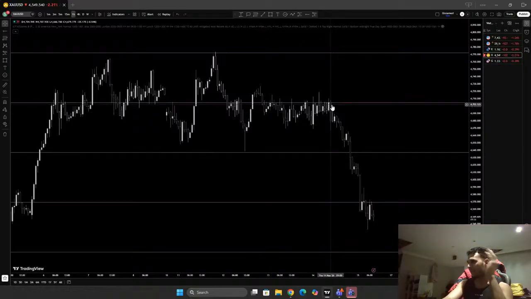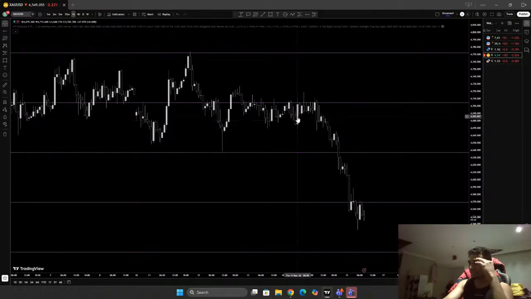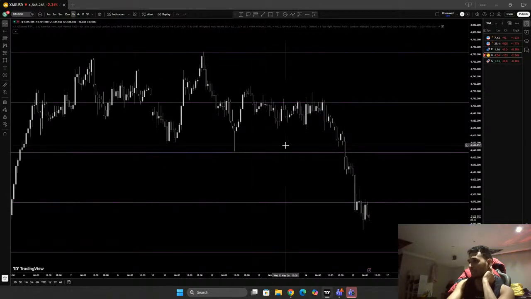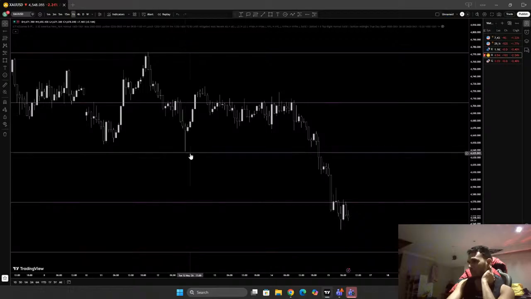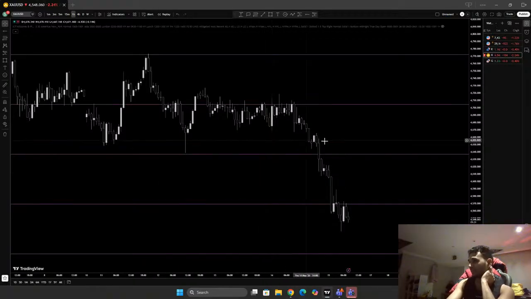This is where my entry is. My stop loss was here, expecting the drop to this level. If you see this on the 1 hour, we don't have anything to expect the price to hold, right? So this should be the first target, and this should be the second target, which is the whole range. The 50 DRT is not even breached. So of course it should come slower, if it gives good price action in the lower time frame, right?